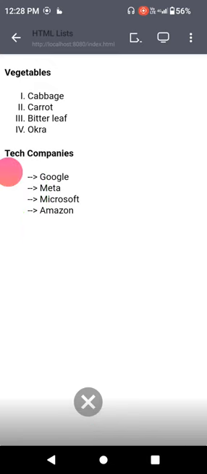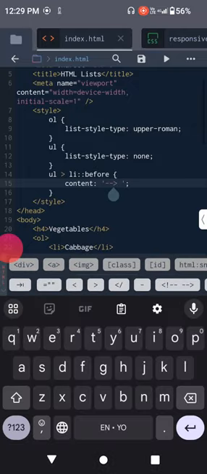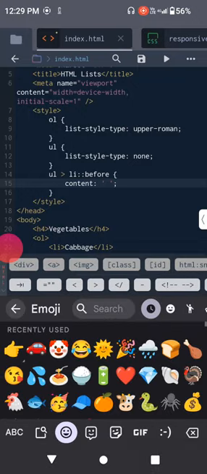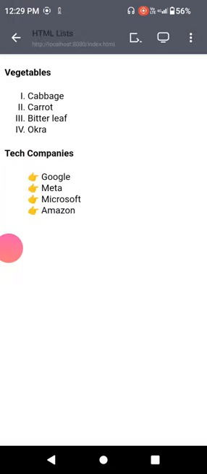We can also make use of different things. I can even make use of an emoji. So instead of the arrow, I can just use one of the emojis on my keyboard here, like this hand pointing to each of the list items here. If I run this, I'm going to have it right here. So you can see we can create our own custom bullet instead of the normal bulleted list that comes with the